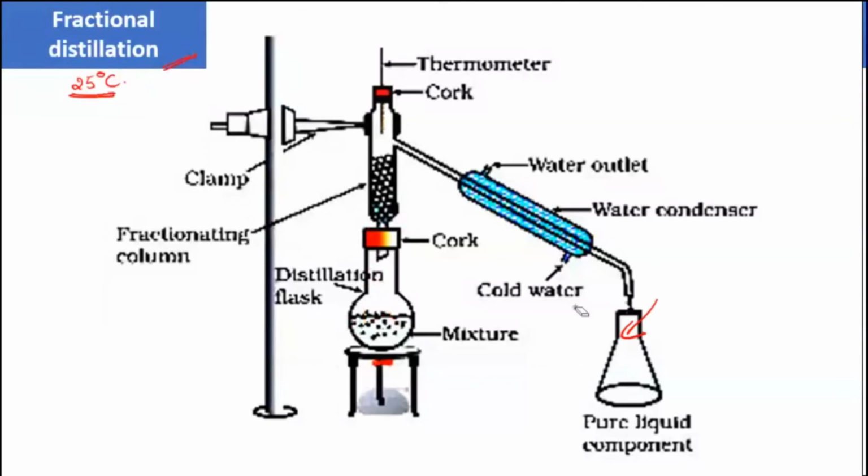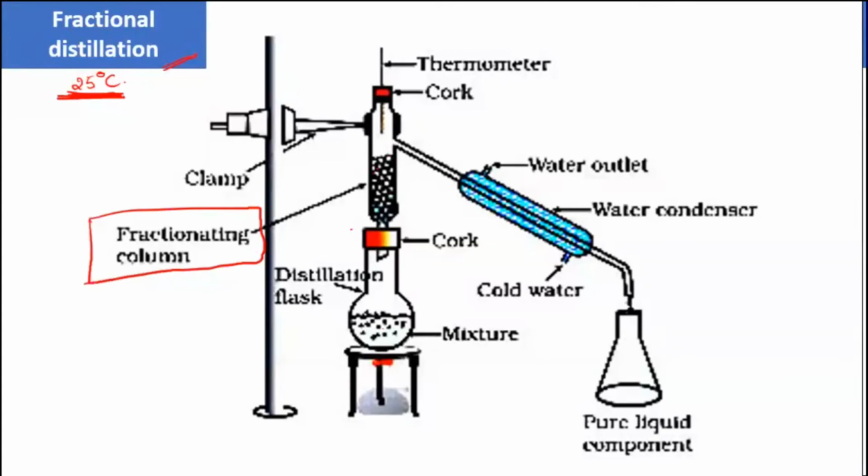Okay, now fractional distillation, I said, is done when the temperature difference between them is less than 25 degrees. That means the two liquids can escape together. Chances are, one liquid comes and immediately after that the next one can also come. In that case, you don't want the second one to interfere with the first liquid, so we use this fractionating column.